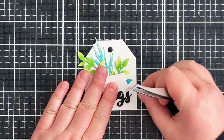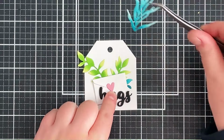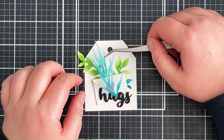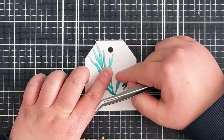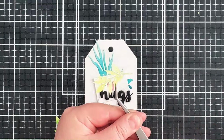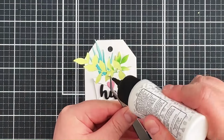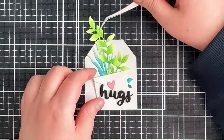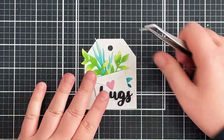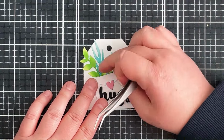But I know that some people, when they are creating projects, do like to purposefully create extra. So maybe if you're making a flower, you might make 2 flowers so that you can save one and use at a later date. I don't tend to do that very often. I tend to have a design in my head as I'm going, and I will just cut, if it happens to be a die cut flower, for example, just one. But there are occasions where maybe I think I might want to have 2 flowers on a card, and then I go to do it and I don't really like the design, so maybe I'll take one away and just use one. I mean, sometimes it works in the opposite way and I have to then cut another thing,